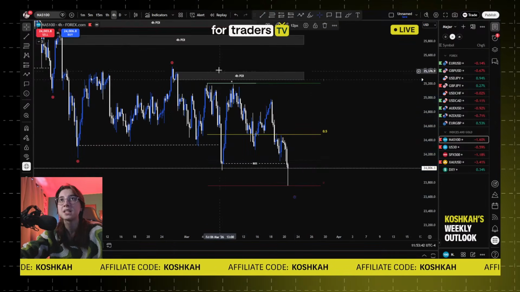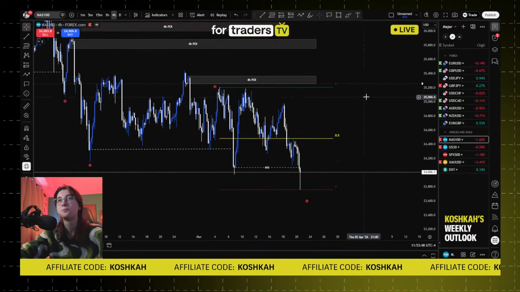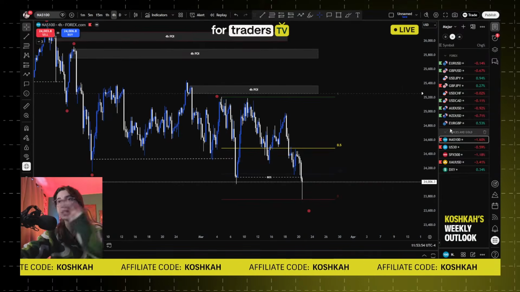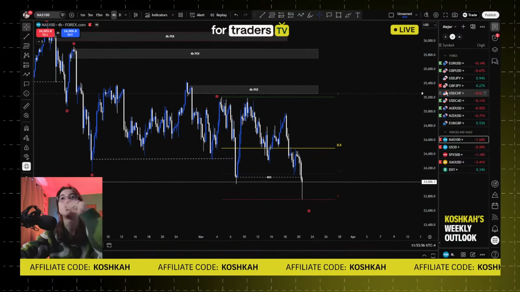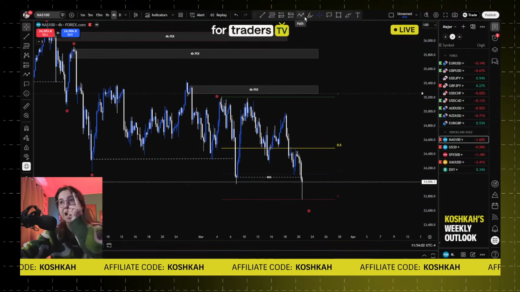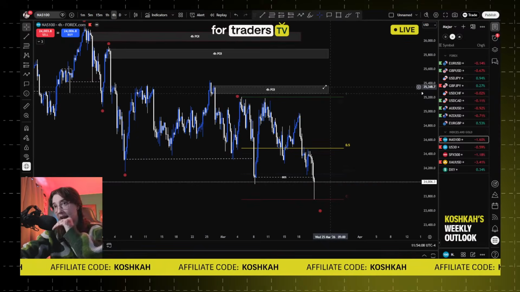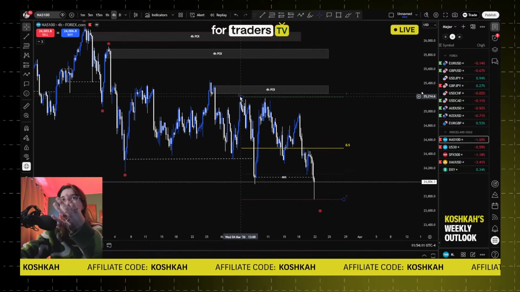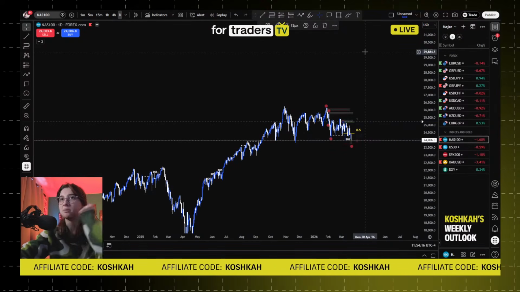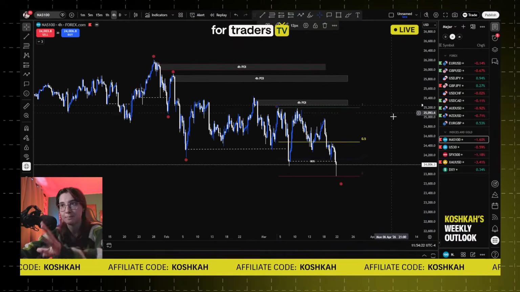So basically NAS, okay guys, let's do a quick analysis of what's going on NAS according to my strategy, and how you can look for good trades right here in advance. So first of all, you need to identify your structure and your momentum. Are we bullish or bearish? In this case, we're pushing to the downside. So we are obviously bearish. Even if NAS over a long period of time is bullish, because it's an index, it's normal. Right now, the current momentum is bearish.